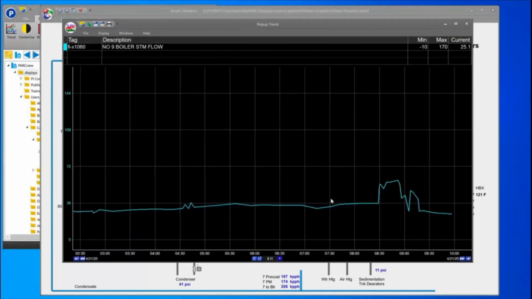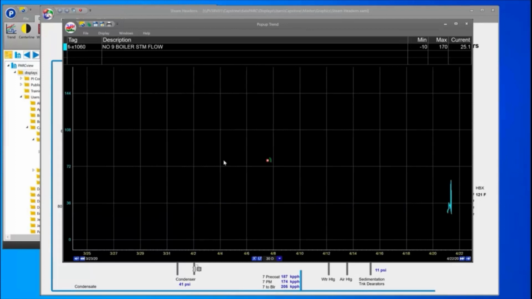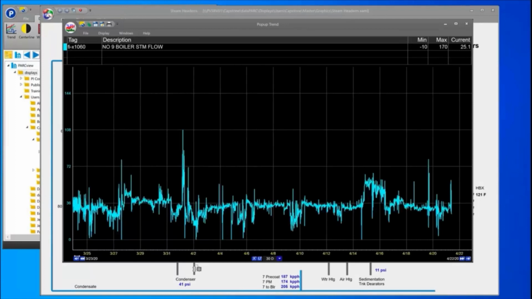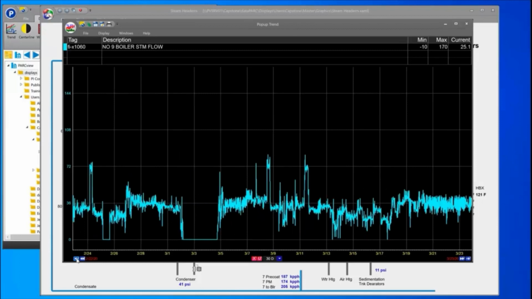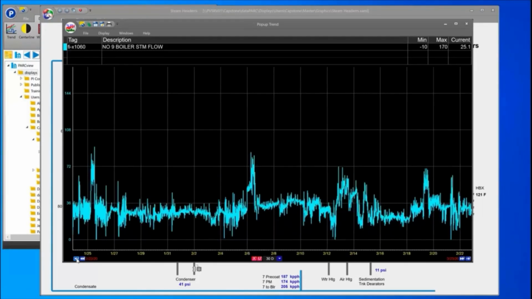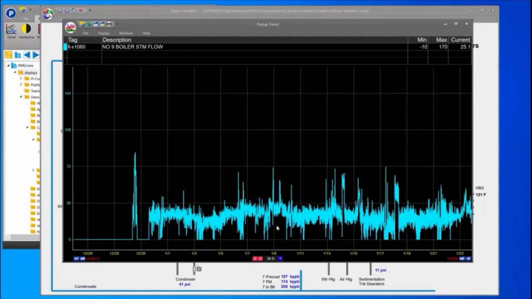We're then going to show some of our options for changing time spans. We have a drop down so that we can change it to a 30-day span. Then we have some buttons to arrow around to get to the time that we want, now that we have the span that we want. Once we see the specific area that we want to dive into, we can highlight it to do a zoom.